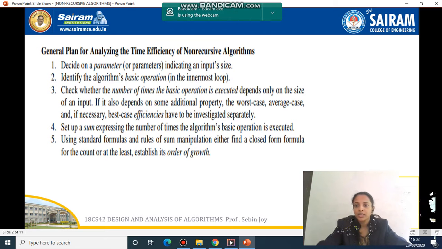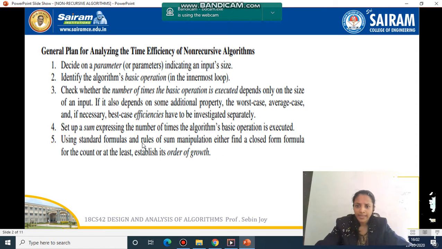See, mainly this is the general plan for analyzing the time efficiency of non-recursive algorithms. We have to decide on a parameter indicating the input size, identify the algorithm's basic operation, and check whether the number of times the basic operation is executed depends only on the size of the input. If it also depends on some additional property, the worst case, average case, and if necessary, best case efficiencies have to be investigated separately.